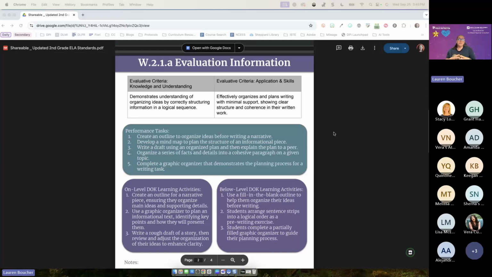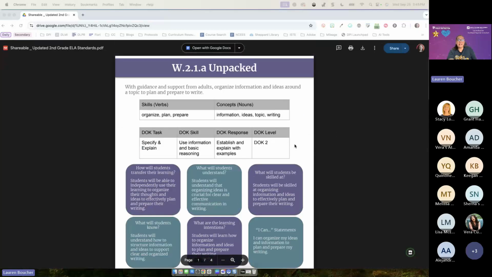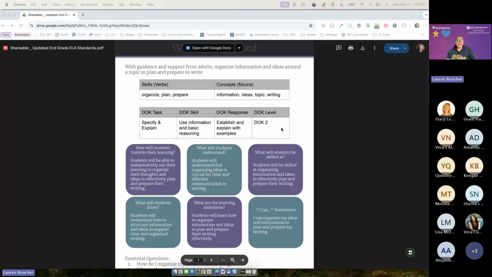And we want those on-level DOK activities because our standards are aligned to the end of grade state testing or the end of course state testing. So if we unpack it and discover that it's a DOK level 2, the cognitive demand on those summative assessments is only going to be at a level DOK 2.